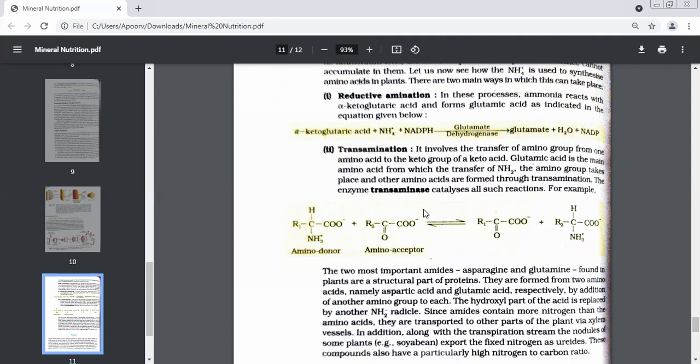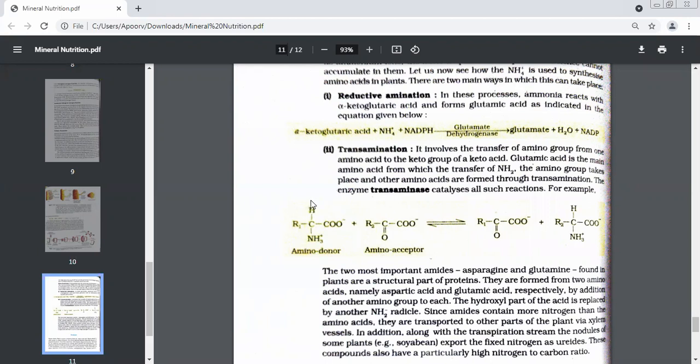I'll explain it over here. Again, we have an enzyme which is going to help such a reaction. What is the name of this enzyme? Transaminase. Now, please see over here, all of you. Amino acids. Now, this is your keto acid. Can you see the ketone group over here? Okay. Now, see very quickly. This is going to act like a donor and this is going to act like an acceptor. This is going to donate and this is going to accept. What will be donated? These two things will be donated.